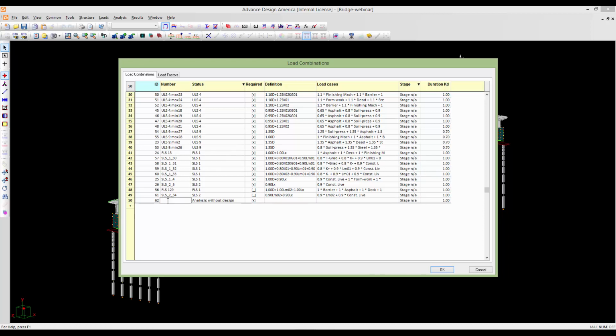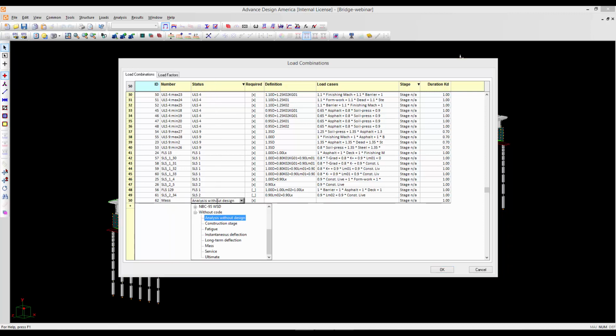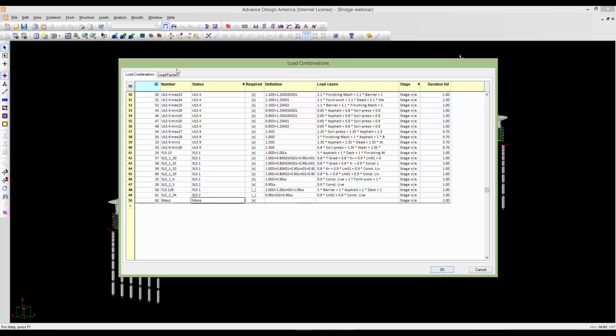I will name it as mass. And for the status, you can drop this row down and select mass. So ADA will recognize this load combination as mass,